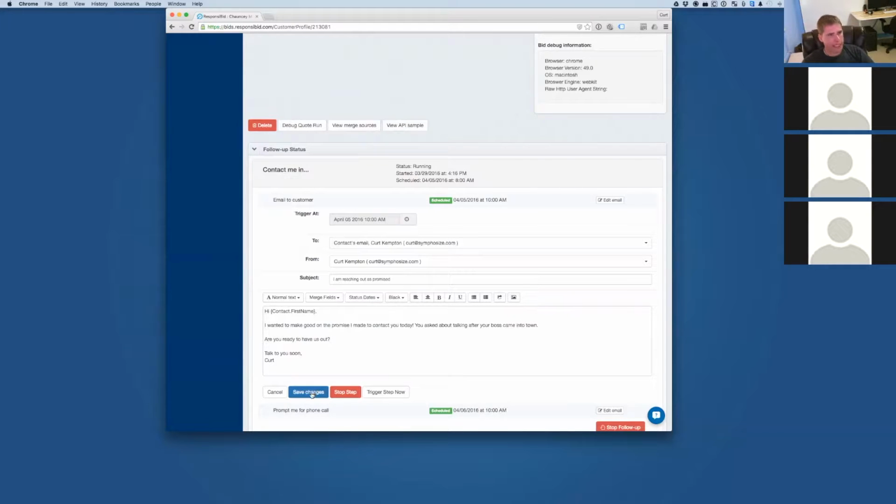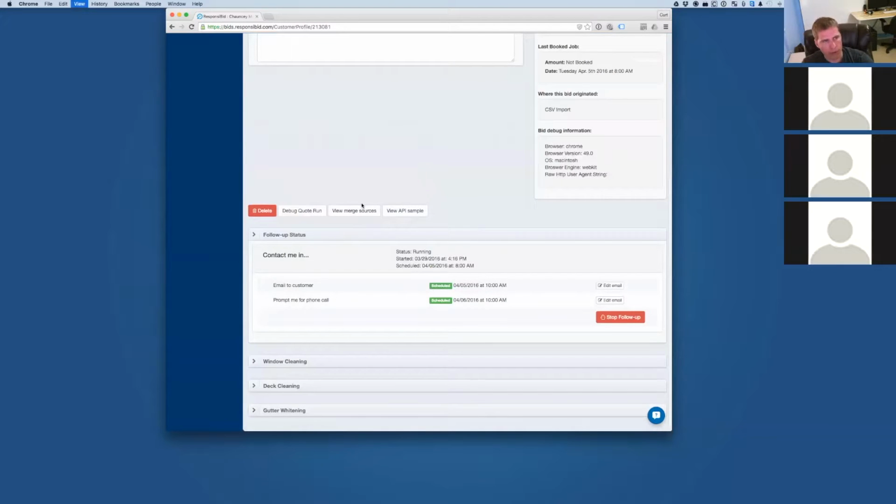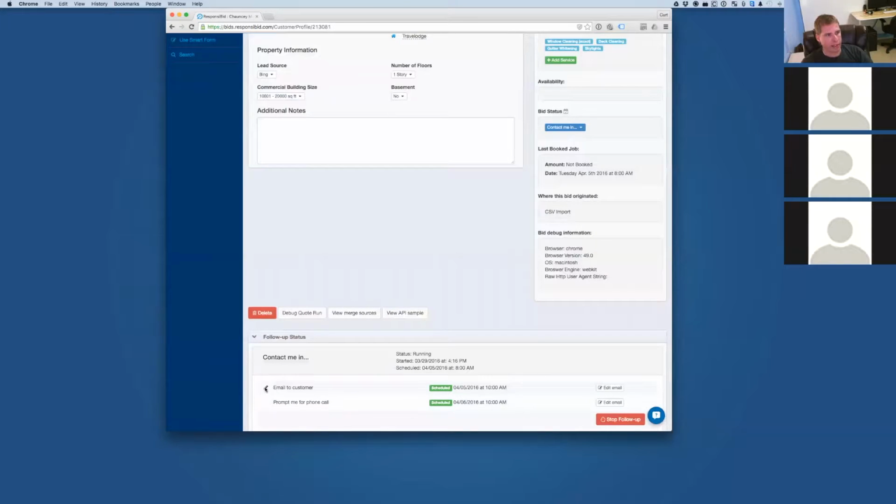Now, if I just save the changes, I'm not going to trigger this step to go now, which I could stop. I can do all sorts of neat stuff in here. But by saving these changes, you'll now notice that when I refresh this customer's profile, there's an edit pencil next to this. That means that this has been updated by me for this customer,